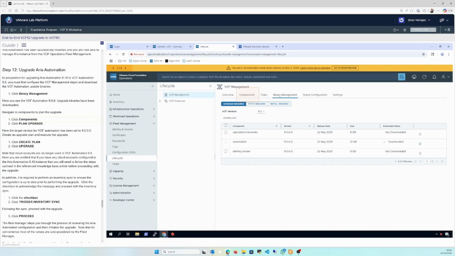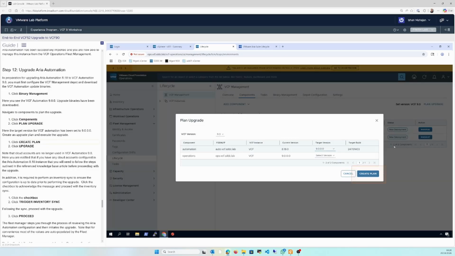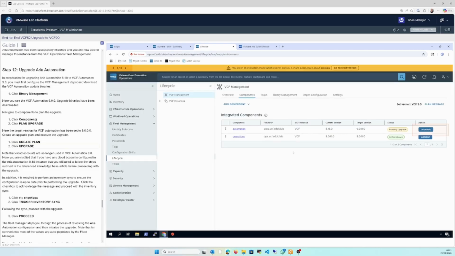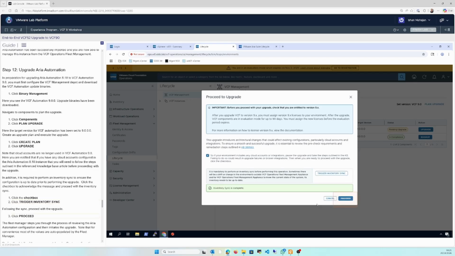Click on binaries. We can see that VCF automation 9 version is available. Click on component, upgrade, plan the upgrade. So we'll create a plan for automation. Now this is for automation. It is pending. We'll click on upgrade, environment, trigger inventory synchronization, and then